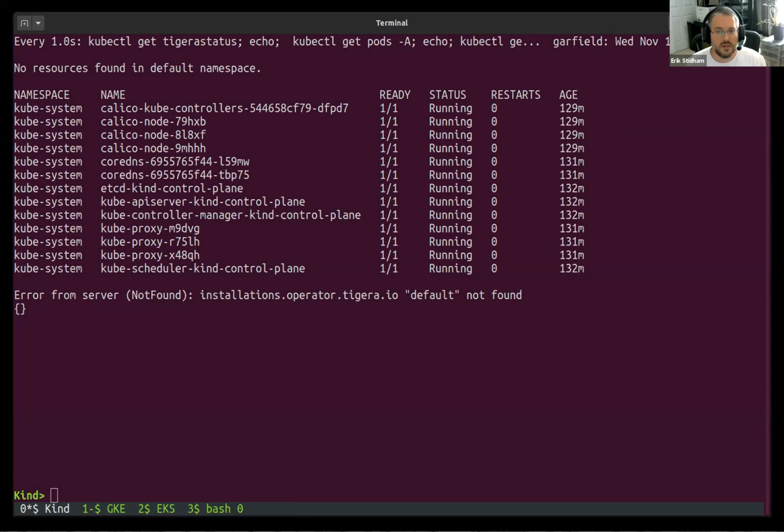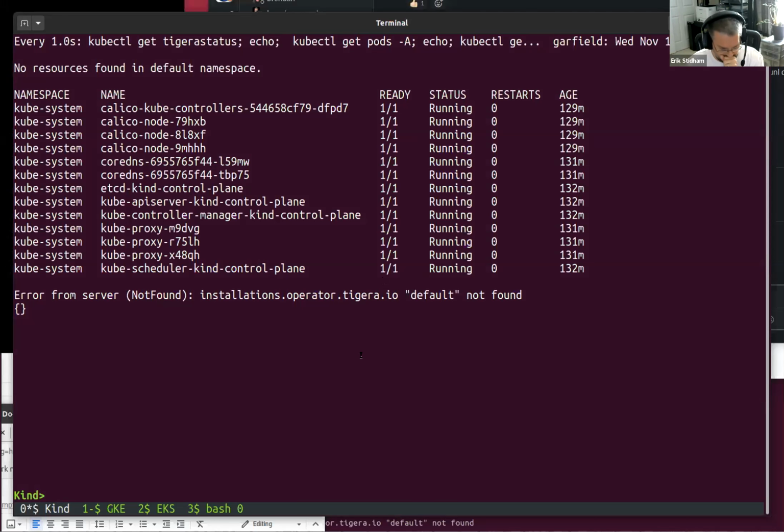So the demo I'm going to do is just a couple of installs that start with Calico and upgrade with the operator. So let me share my terminal. Hopefully it will be big enough. Is that text good for everybody? Cool.